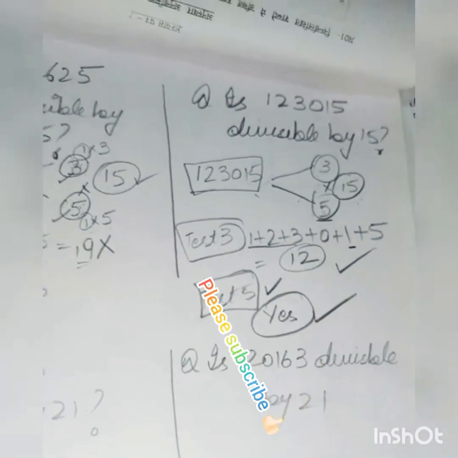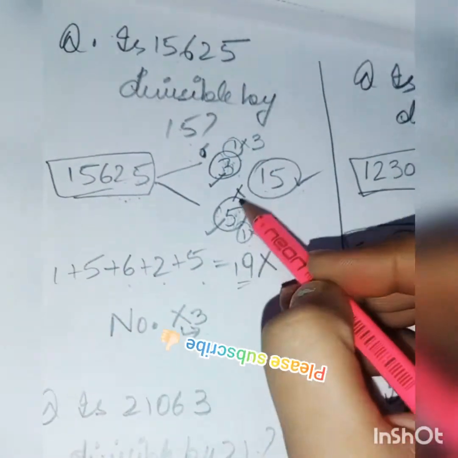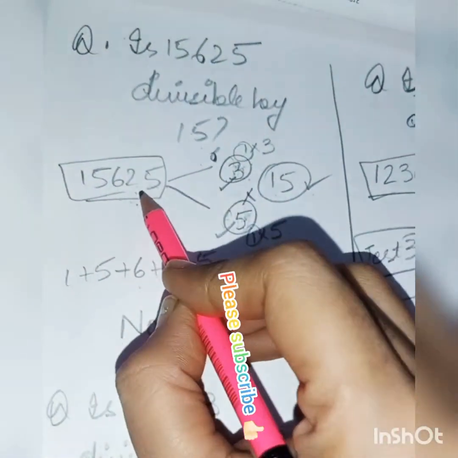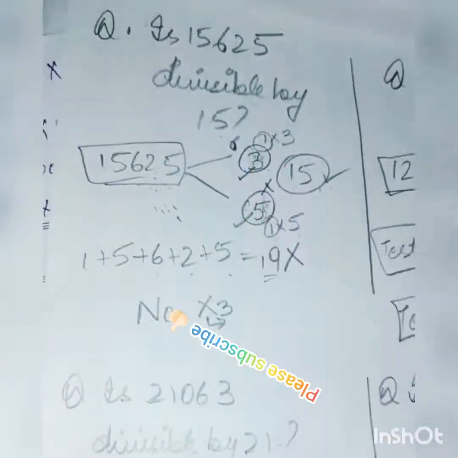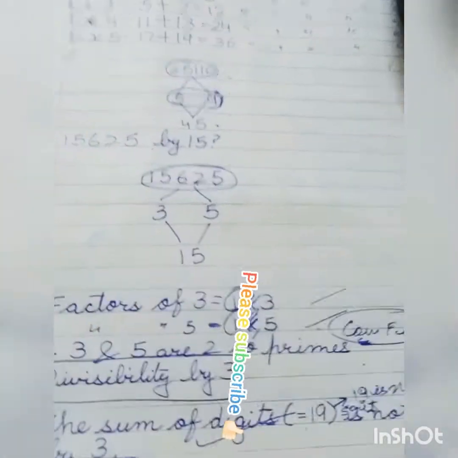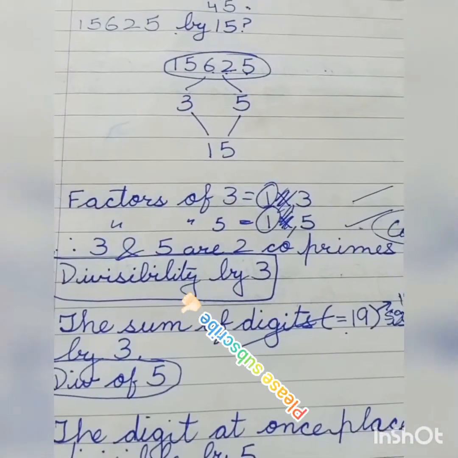ठीक है. So this property number 3 जो हमने अभी डिस्कस करी थी, that if a number is divisible by two co-prime numbers, then this number will also be divisible by the product of the two co-prime numbers. This divisibility rule is applicable. Now how to attempt this question in detail, that is how to write this question step by step.